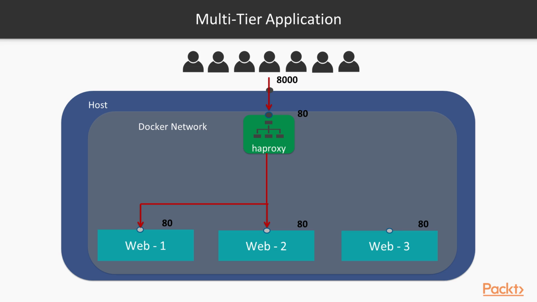And as and when the user traffic increases, we can spin up many more instances and HA proxy starts load balancing across those instances. And once the load is less, we can go ahead and clean up the extra containers and retain only the containers which are needed to balance the load at that point in time. This way you can scale up on demand and scale down as well. So let's see how we use Docker Compose to run multiple container applications and have a connection between them.